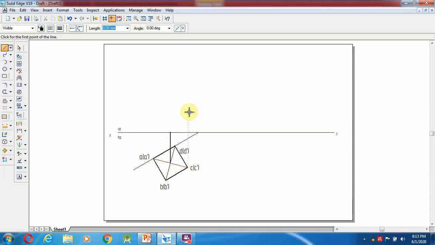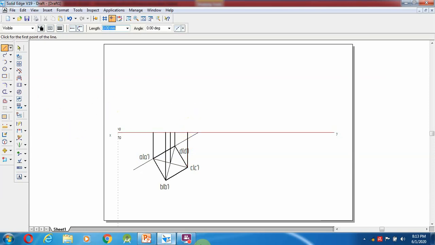Okay. So now we want to project the ends towards the XY line. Then from here to here, and finally from here to this one.